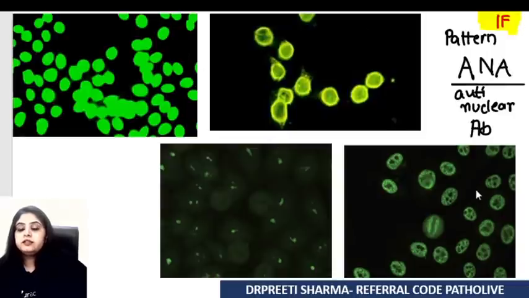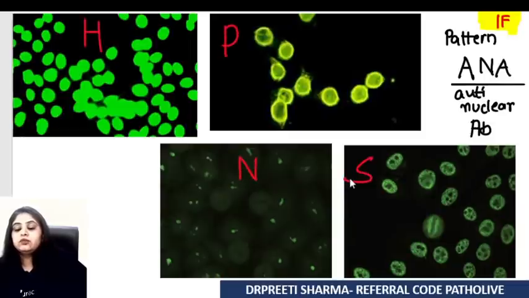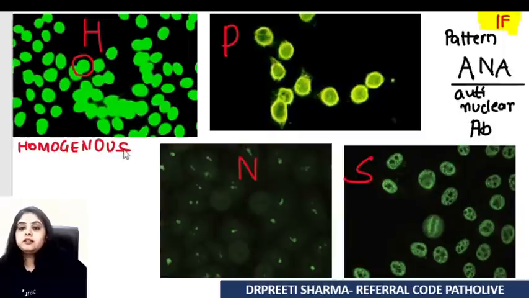You can see that the different patterns of immunofluorescence are there, and there's a very simple way of learning this pattern, and that goes by the mnemonic HAPPENS. So please remember the mnemonic HAPPENS. I'll decode everything. H for, do you see the entire nucleus is nicely green? So I call it the homogeneous pattern. This is known as homogeneous pattern.